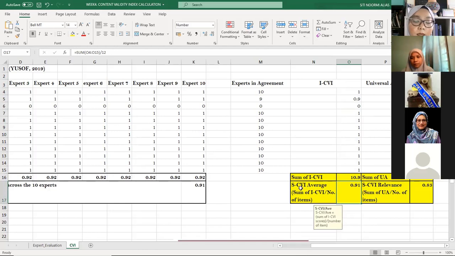Okay, then next, to calculate the scale level content validity index average, you need to divide the sum with the number of items. So you just divide 10.9 by the number of items, which is 12. Okay, 12. So 10.9 divided by 12 equals 0.91. Okay, so this is the value. Okay, so when we go to the slide again,